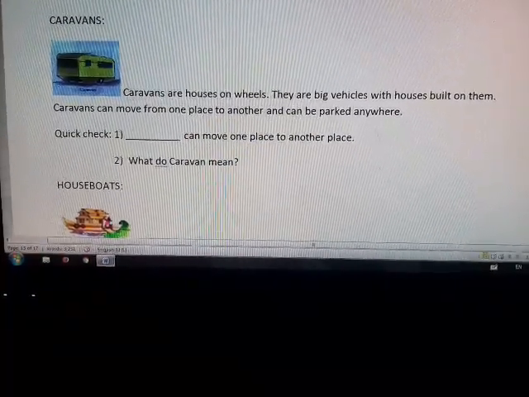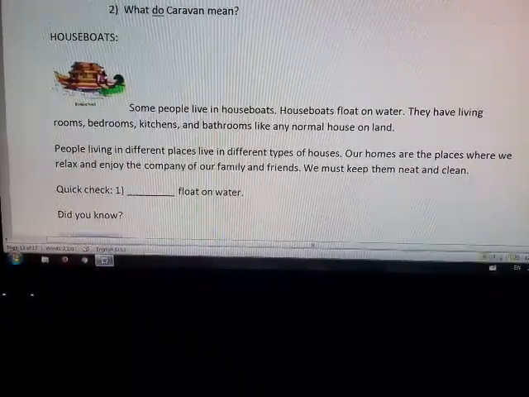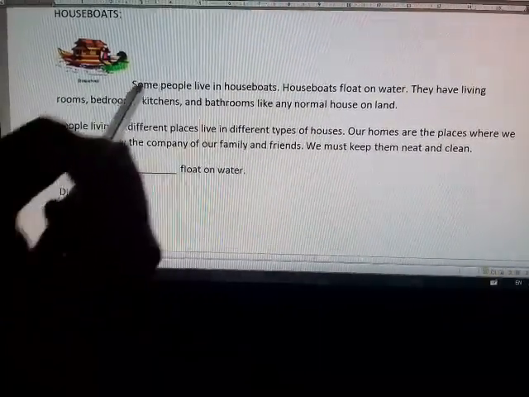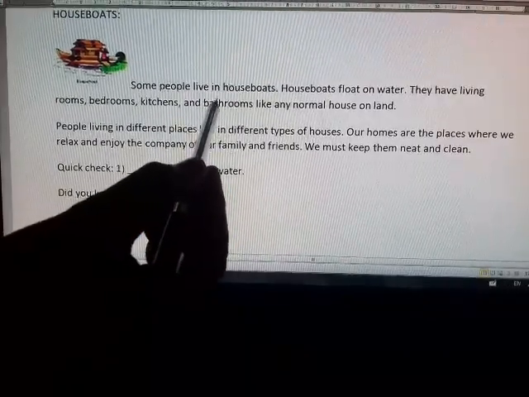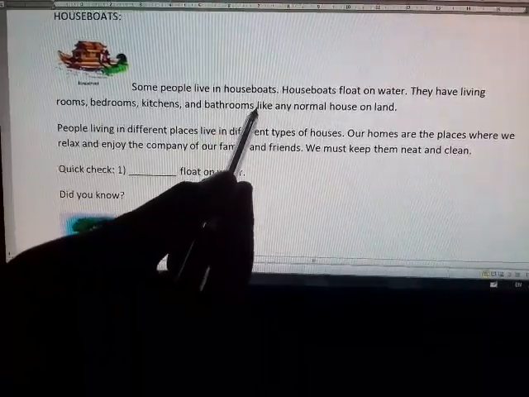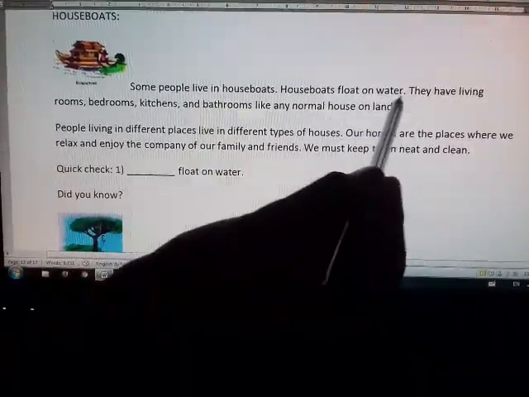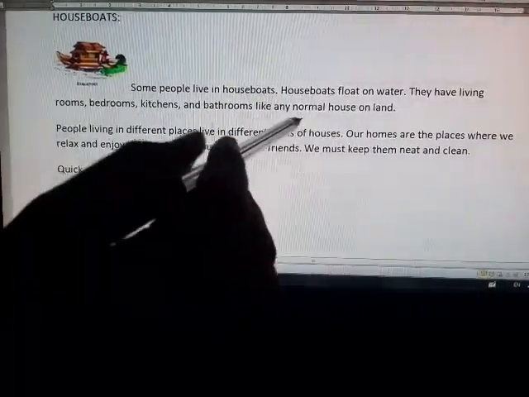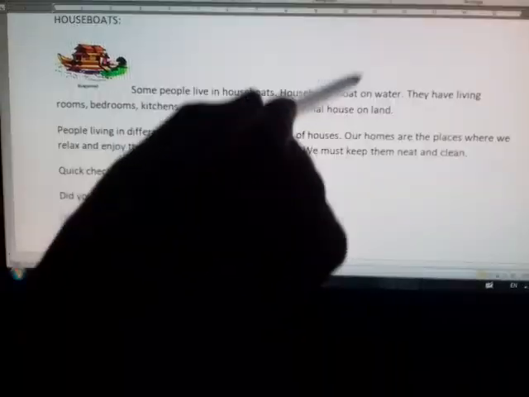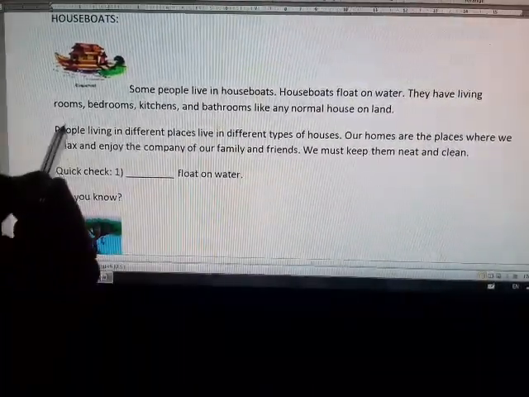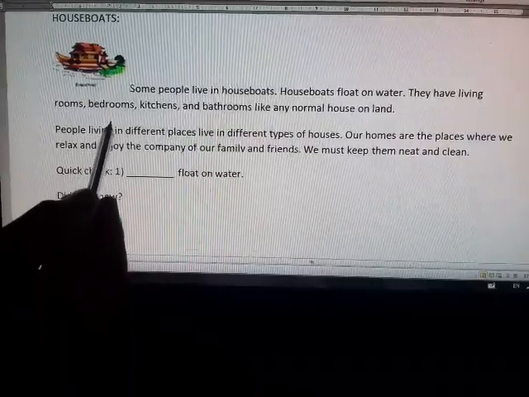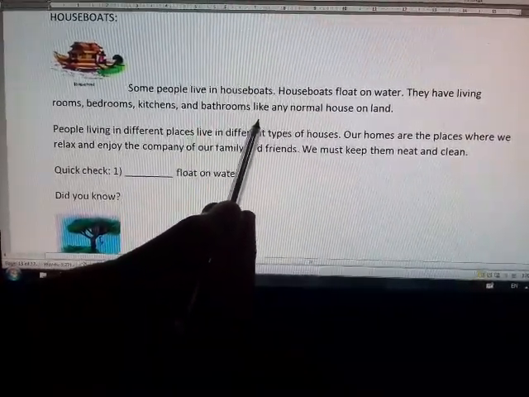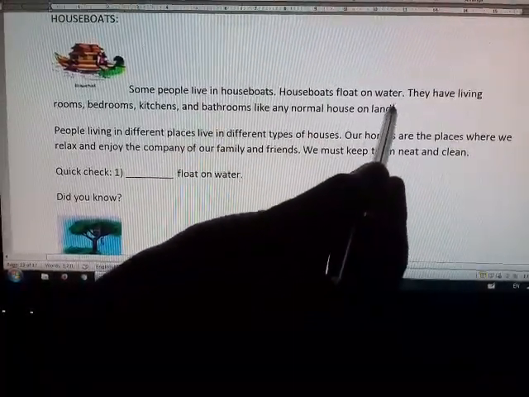Now let's learn about the houseboats. Some people live in houseboats. Houseboats float on water. You can see here the water. The houseboat floats on water. They have living rooms, bedrooms, kitchens, and bathrooms like any normal house on land.